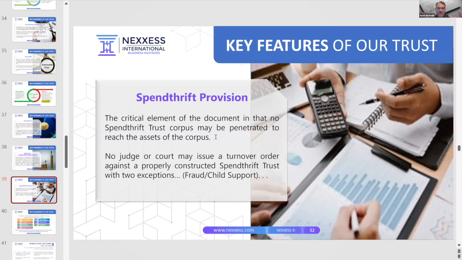The trust has a spendthrift provision, which means it only holds title, not the equity. The equity is where the ownership is, not title. Title does not ever mean that's the owner. Title does not tell you who the owner is. Equity tells you who the owner is, and equity is by contract always.